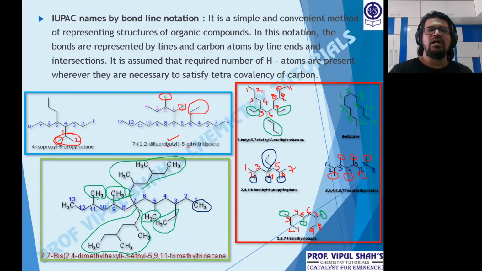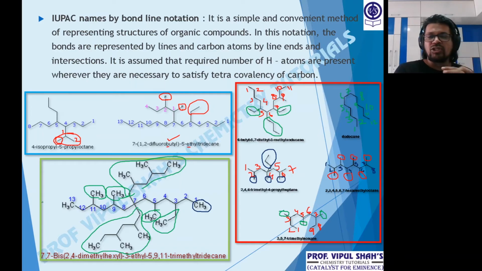Now here the nomenclature is a little different. I want to teach you something new. Observe. What do we say? Now first of all, at 3 we have the ethyl group, CH2CH3, so that part is fine. Then at 5 there is a methyl, then there is a 9 methyl, and an 11 methyl. So 5, 9, 11, that's trimethyl. There are 13 carbon atoms, so 13 is tri-decane. Is this clear? So that's tridecane. Now at 7 we have 2 groups.